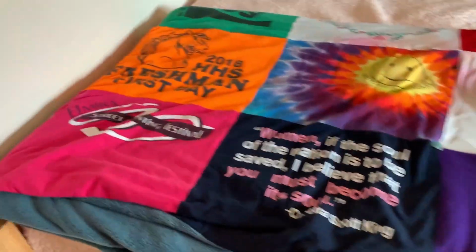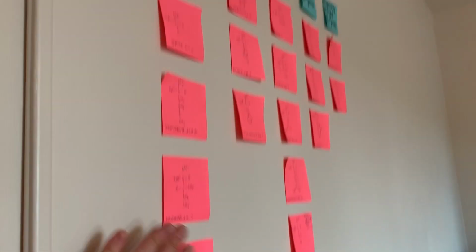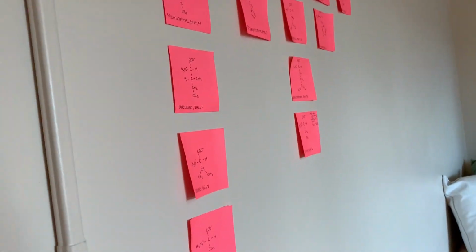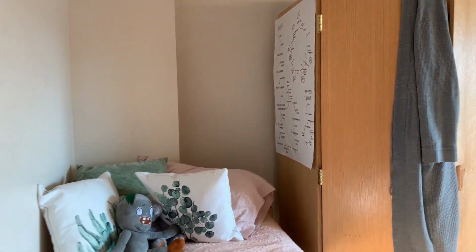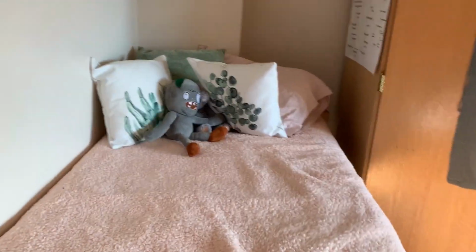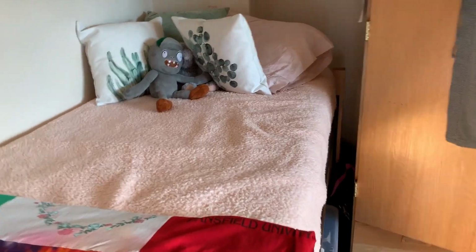So for this video, I'm gonna go section by section, starting with this bed, which is my guest bed. On here, I just have this t-shirt blanket that I made. This is my wall of amino acids that are sorted according to polarity, which is, you know, just STEM things. Over there is glycolysis, the Krebs cycle, oxidative phosphorylation, and beta oxidation. And then on the bed, I have some pillows that I got on Amazon, and coming a little bit closer,